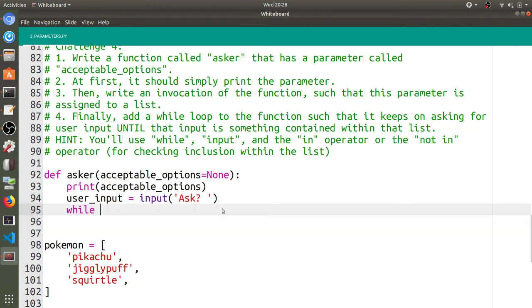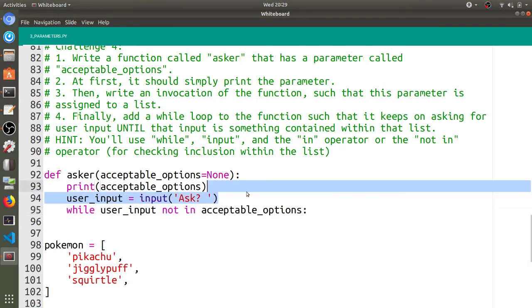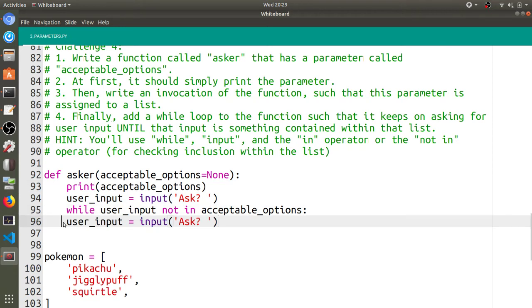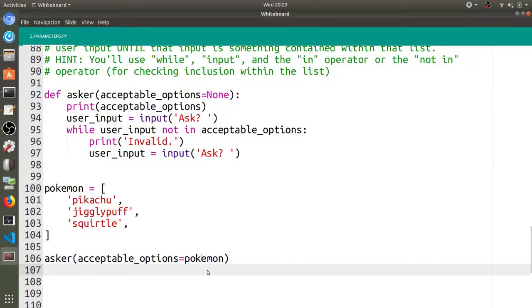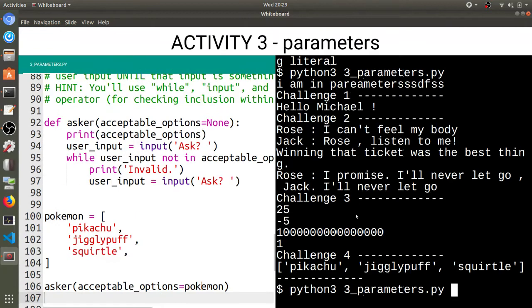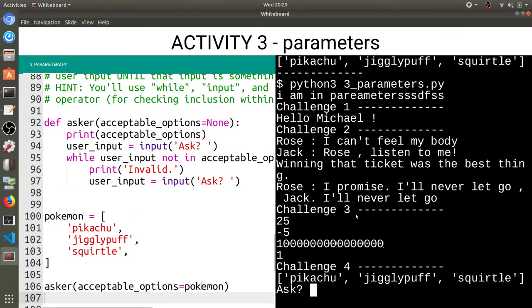And then we do while user input. So this is something that it mentions: use while and the in or not in operators. We can use that to check inclusion. So while user input not in acceptable options, we can make it repeat. So we can do something like print invalid, and then ask again. So let's try doing this. So an ask, hi,